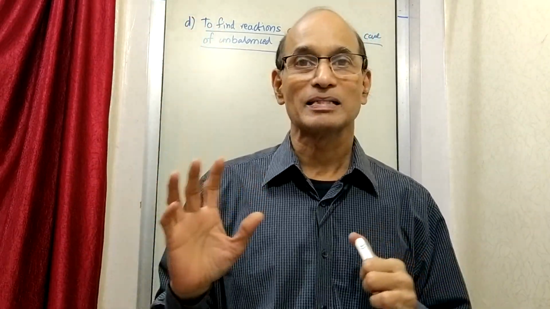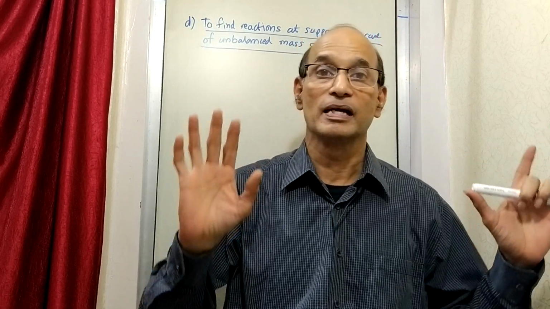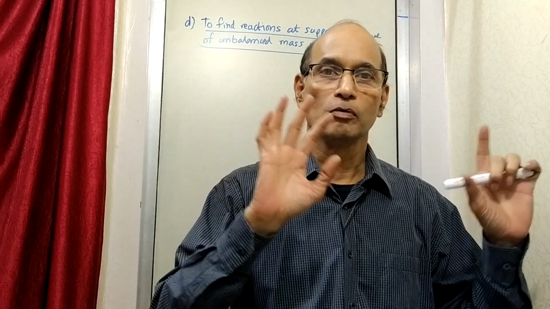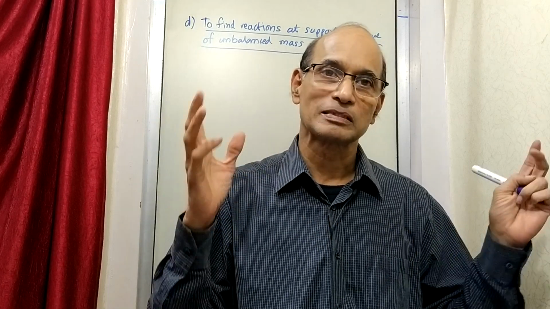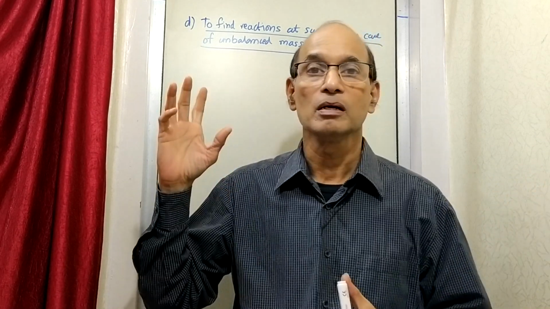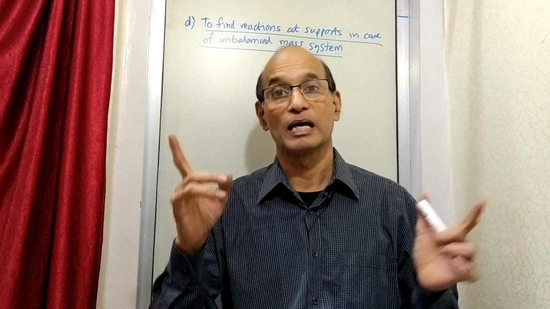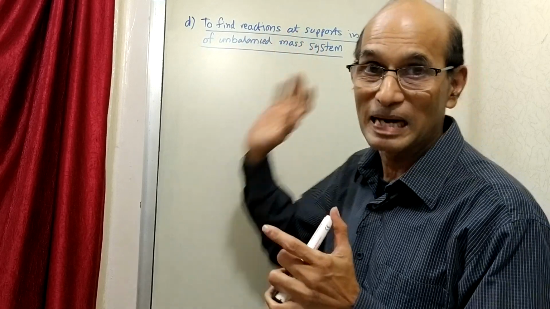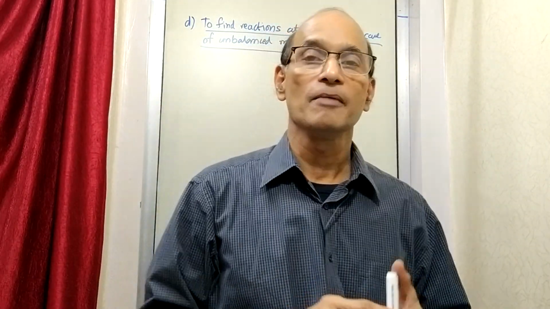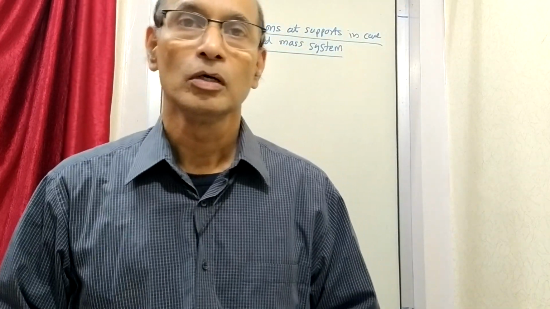Now when the masses are balanced by putting the balancing masses, at that time there will not be any reactions at the supports. The supports will be free of any reactions because of the unbalanced masses. There could be reactions because of the self-weight etc. But because of the unbalanced centrifugal force, there will not be any reactions if they are balanced. Now here we are saying, if they are not balanced, in that situation what are the reactions at the supports? That is the type of problem which we are now going to see.